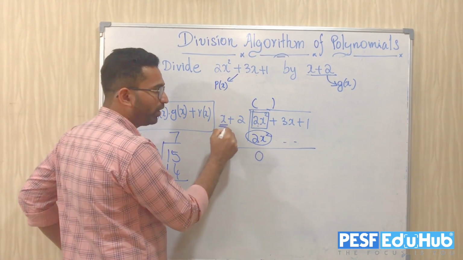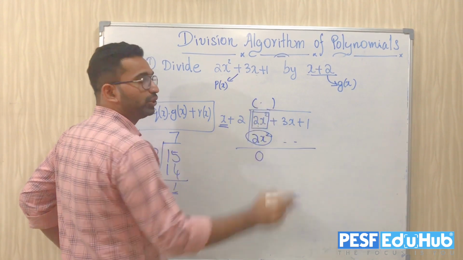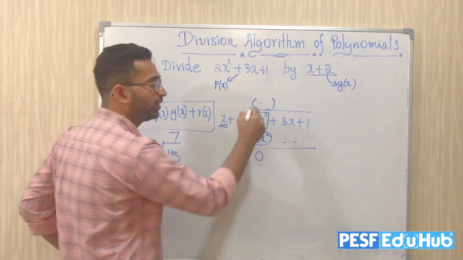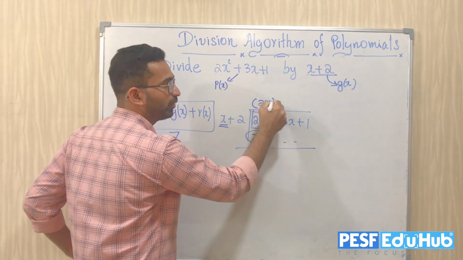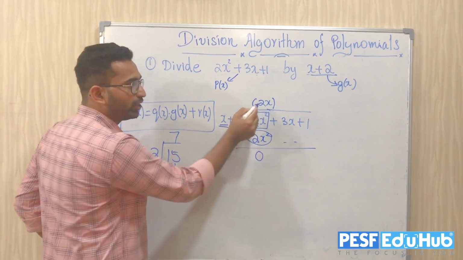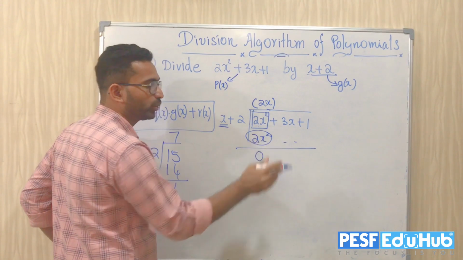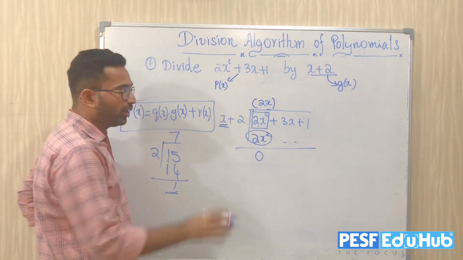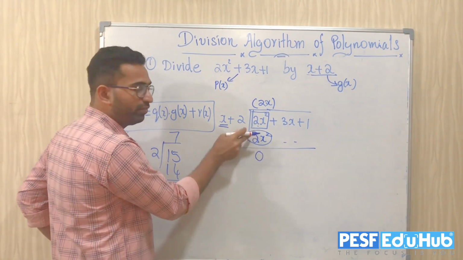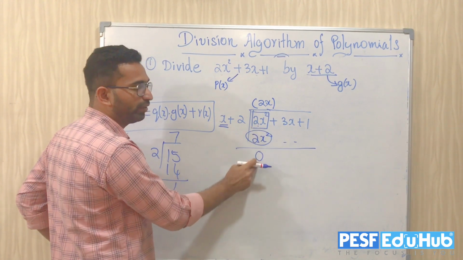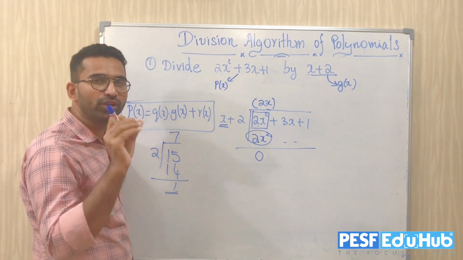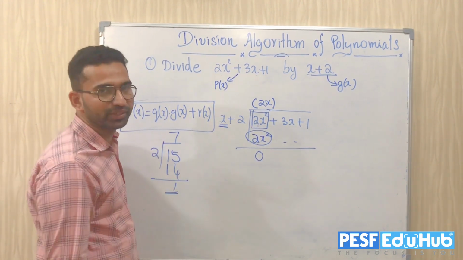You understand? So I have to get a 2x square here. I have already one x here. So what should I write here? It should be 2x. Am I right? 2x, when I multiply with x, definitely I'll get a 2x square here. It means when we move to the another step, when we subtract this 2x square and 2x square, definitely I'll get 0. This is the only common sense we have to keep in mind.